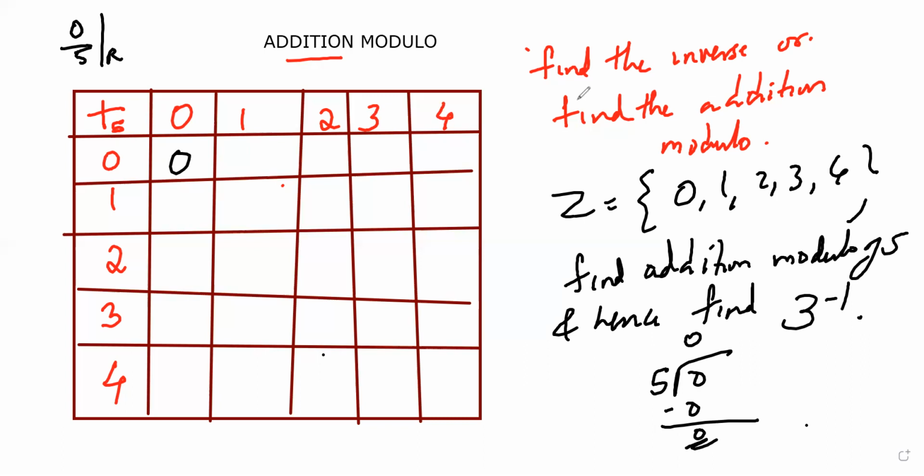Suppose if it is addition modulo of 6, suppose instead of 5, I am putting 6 here. It will be 0 plus 0 by 6 remainder. The next one. Next one is what? 0 plus 1. What is it? Actually 0 plus 1 is 1. 1 by 5 remainder. 0 plus 1 by 5 remainder. What is the remainder? 1 itself. Very good.